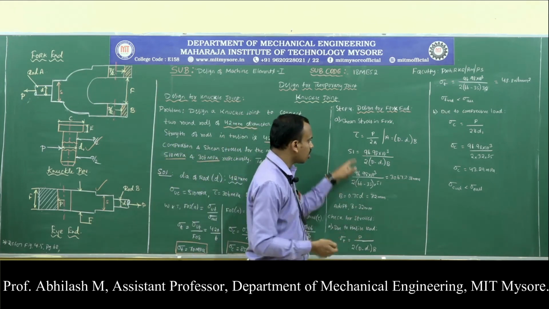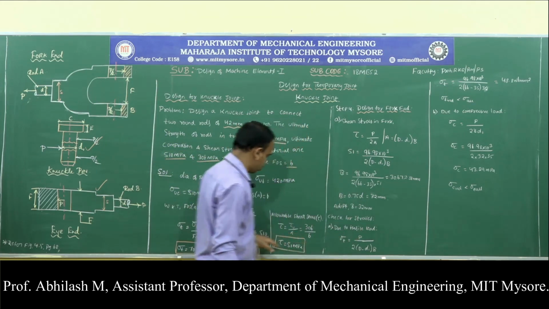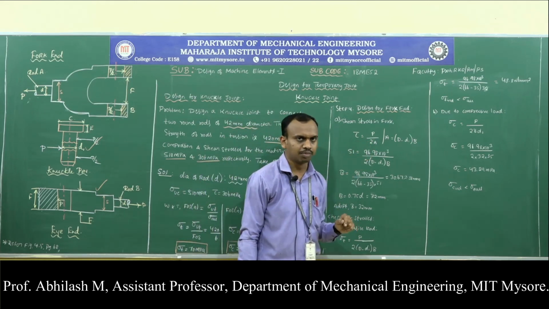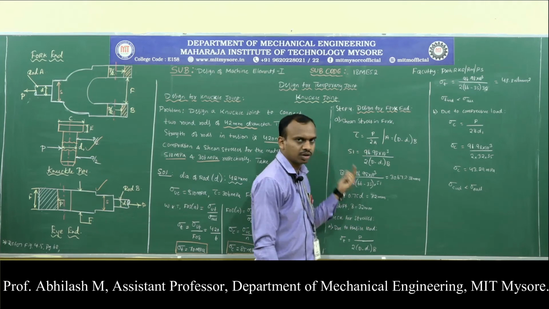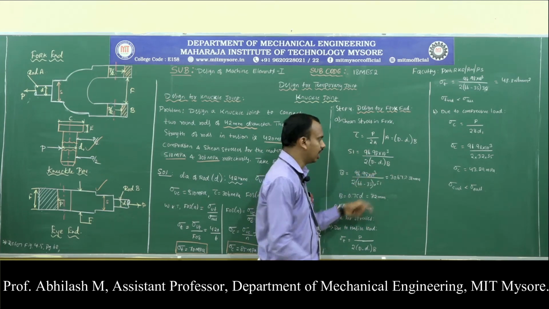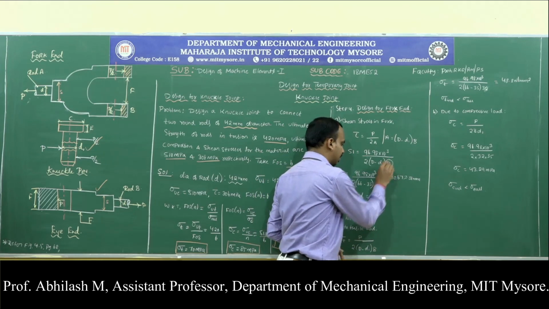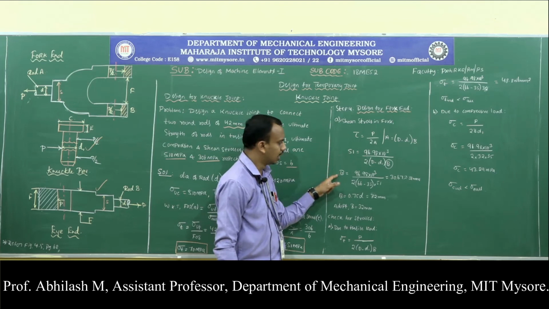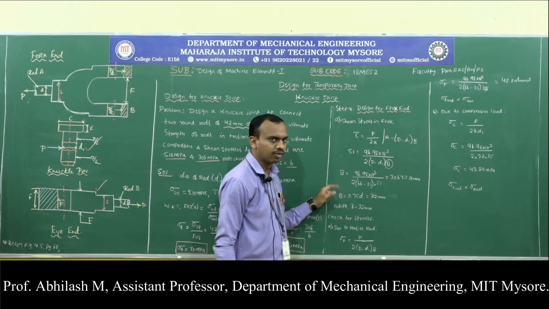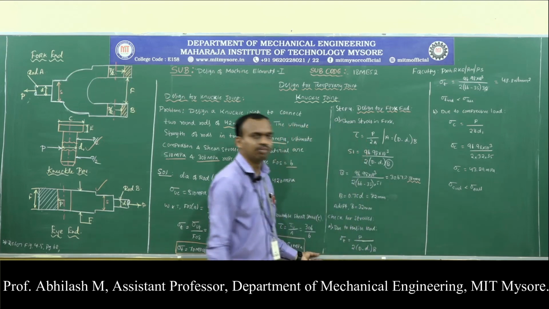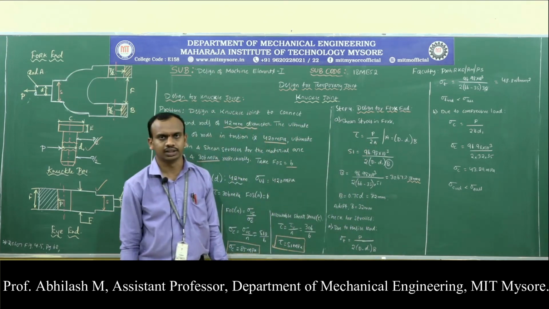So here I know the tau value, 51 megapascal. I know the load, 96.98 into 10 to the power of 3. 2 times is because of the double shear. I know capital D and the small d1. The only unknown in the problem is B. So substituting, or you can just transfer this B to the left hand side and substitute all other values. We are going to obtain the value of B to be 31 millimeter for the given load condition.